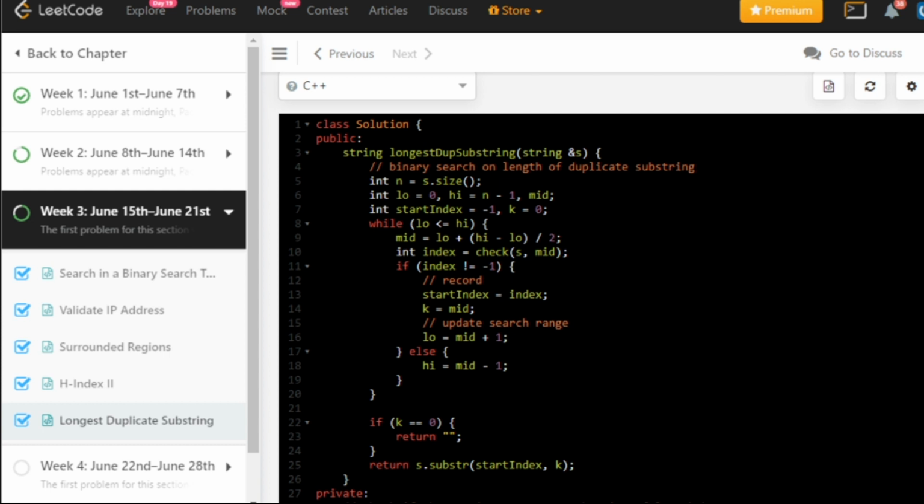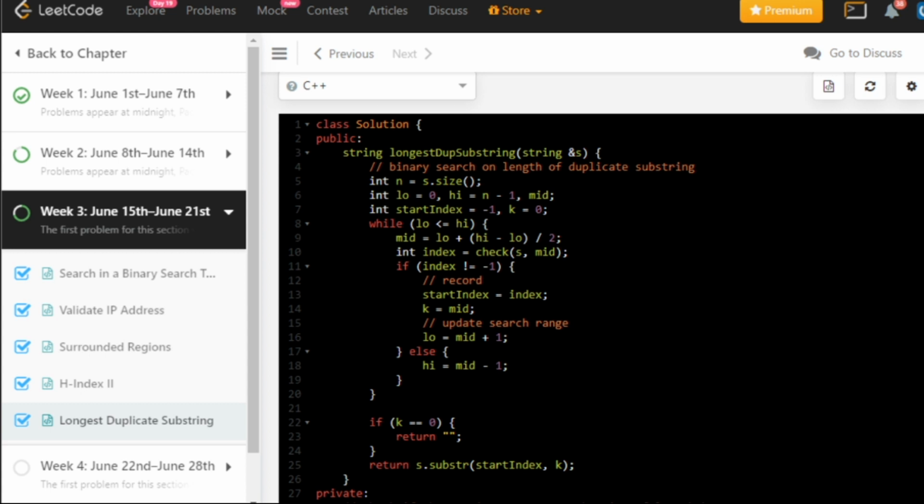So using both of these things, here's what I have implemented. Firstly, I am using binary search. The low value is 0, the high value is n minus 1, and I have initialized mid. Then taking the starting index as minus 1, I have iterated the loop while low is less than or equal to high, and then taken the mid. Then I am running the function check on mid and my string s.